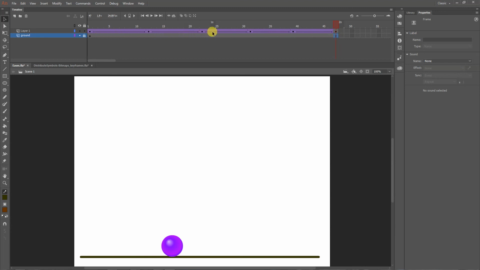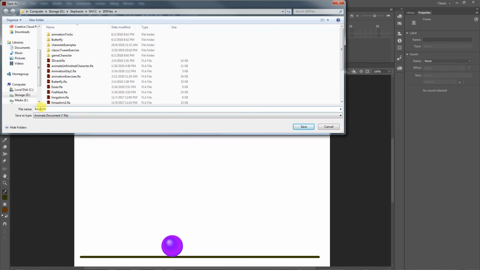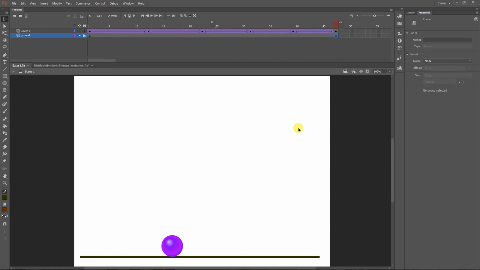Let's see what else. And also keeping track of how much space I have in between these so there's enough time. I try out one ease. That doesn't work. I try out another one. Also save more often than I do because I haven't saved yet. Do as I say, not as I do. Eases 2. All right. But this is part of the lessons I'm wanting to teach, not just technically how to do an ease, but watch the process of how I put these things together. Watch how this comes together.